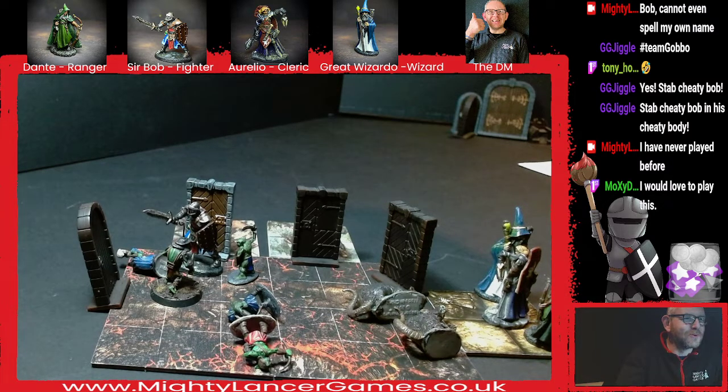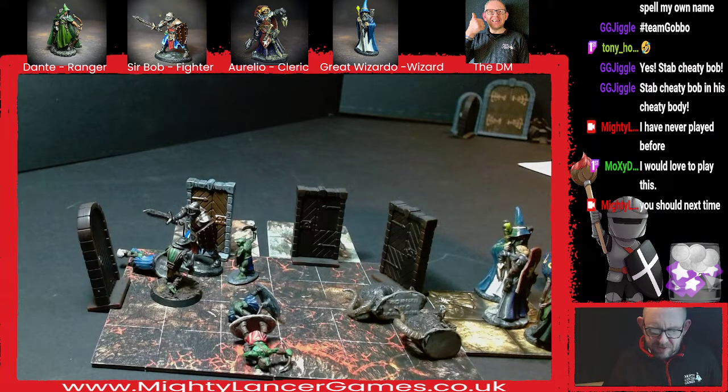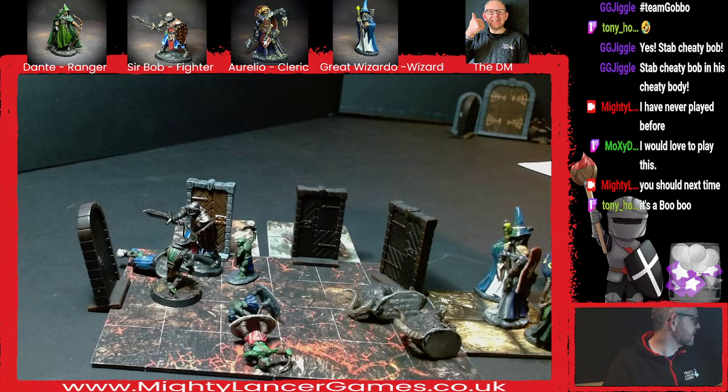This is official rules. I've looked this up. And then the other goblin's going to have an attack on you. Oh, but that's going to be a miss, isn't it? Because Bob's heavily armoured. 17, that's a miss. Okay, so the other goblin takes a swing at you. Aurelio,